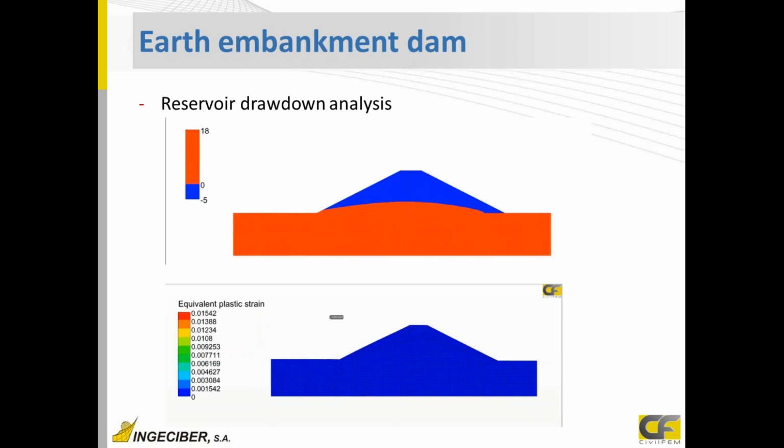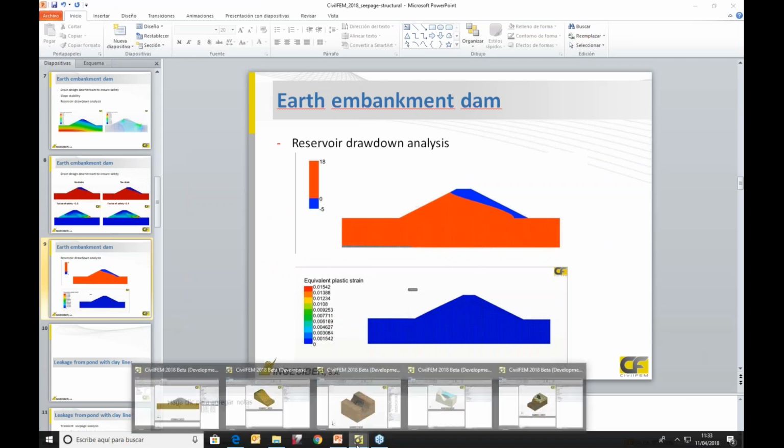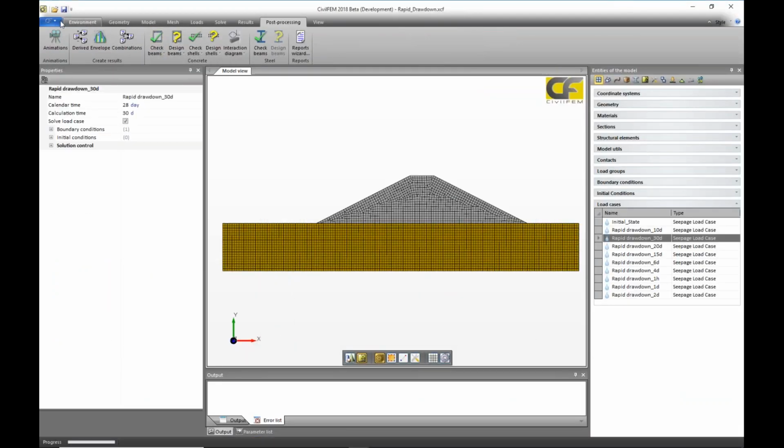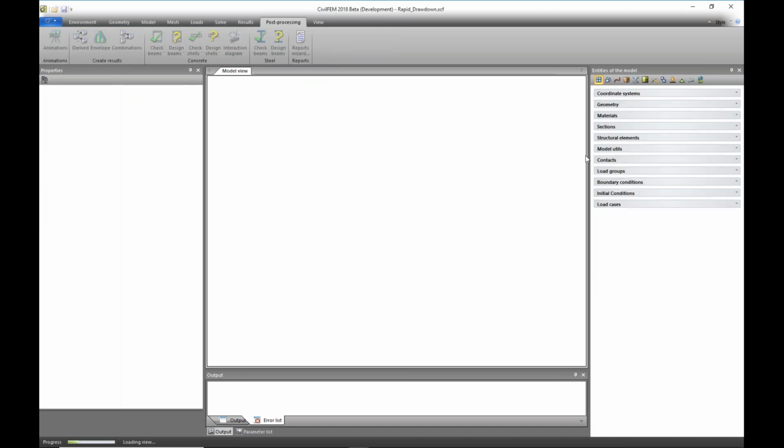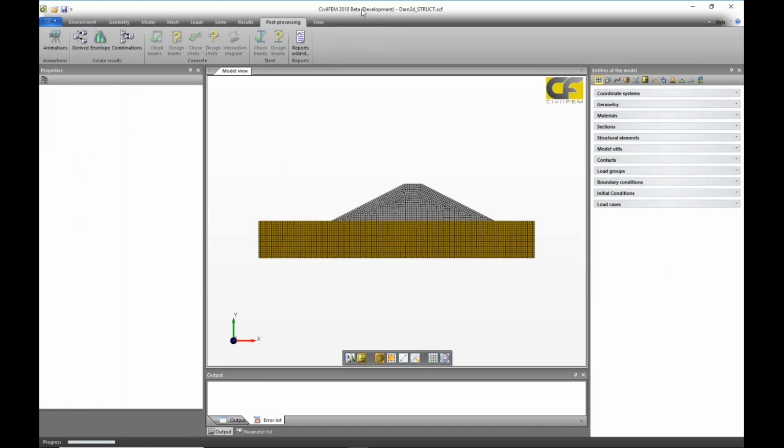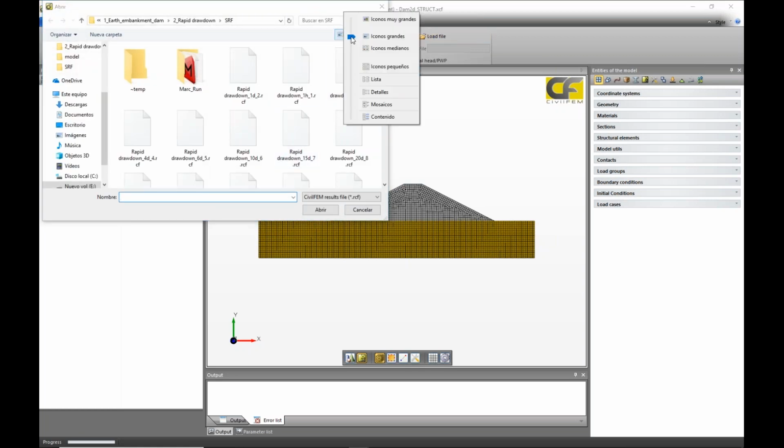Well, I'm going to analyze just the model. The next step is to analyze the slope instability in the model. So here, what I'm opening is the structural model. This is my structural model. And what I've done here is the same steps I did in the previous model. That is, when solving, selecting initial structural stress due to self-weight, and also selecting here